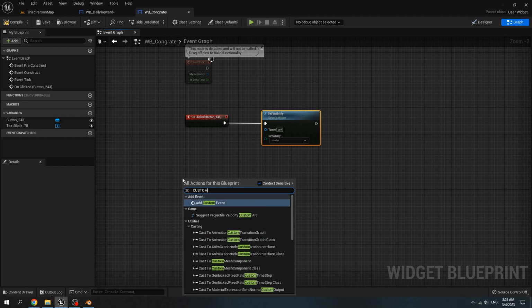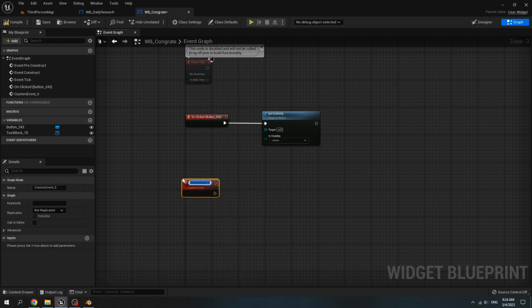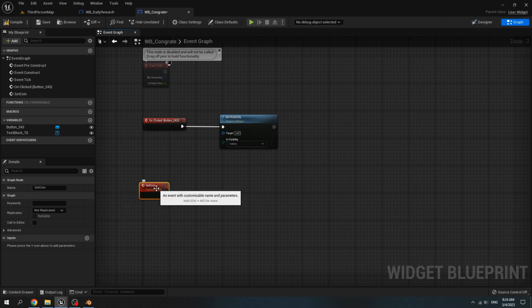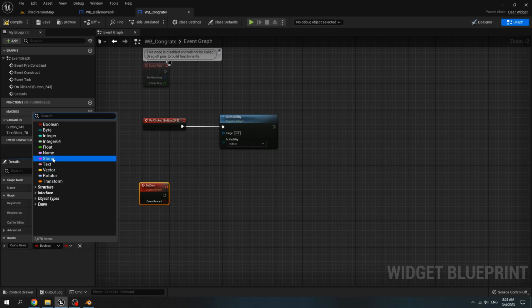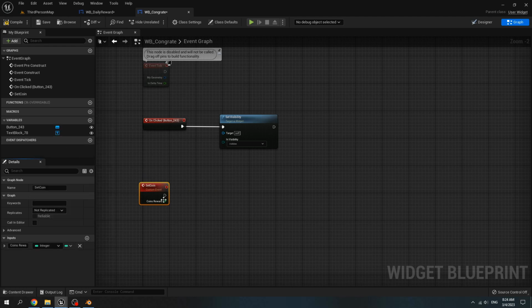Create a new custom event. Rename it to set coin. Add input. Name it coin reward. Set the variable type to integer.